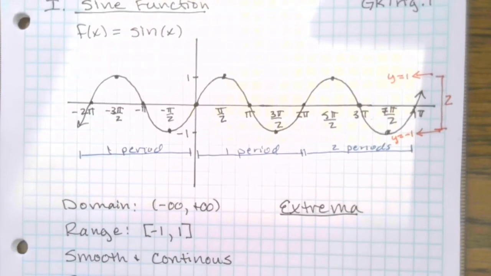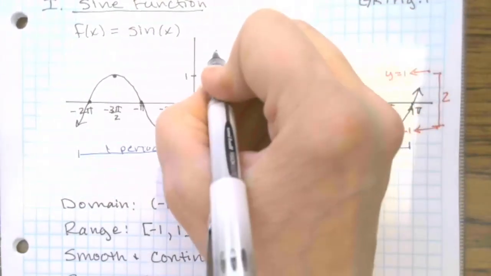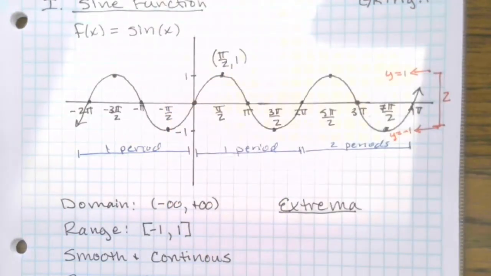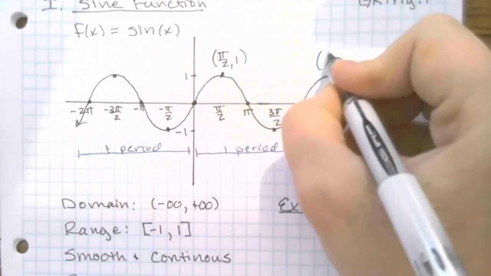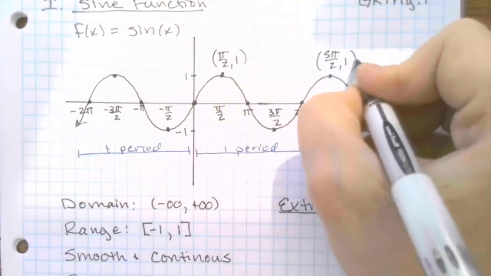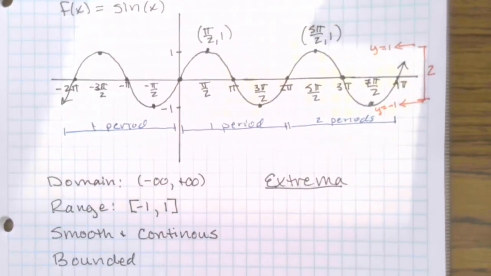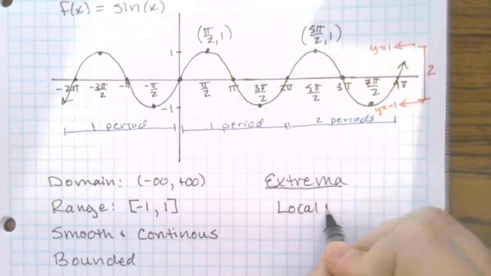Okay, so what do we have for extrema? Well, we have a y value here of 1. This occurs at pi over 2 comma 1. But there's another one over here that occurs at 5 pi over 2 comma 1. So we have the same maximum happening twice. What we do with that is, because it's the same maximum twice, we say that it has a local maximum